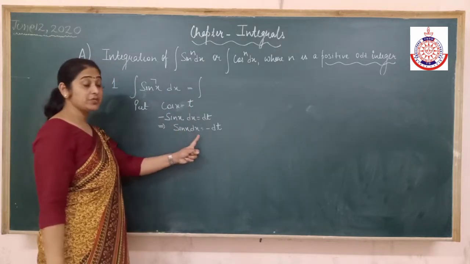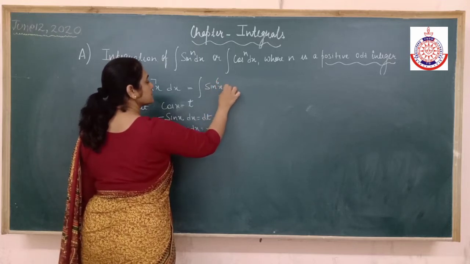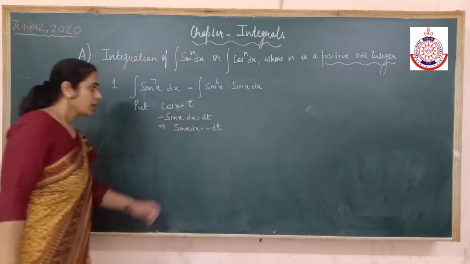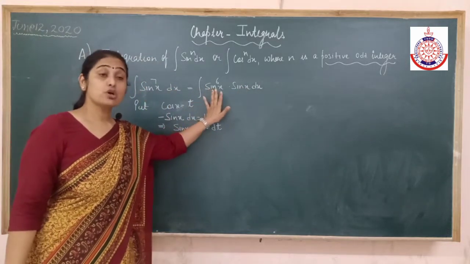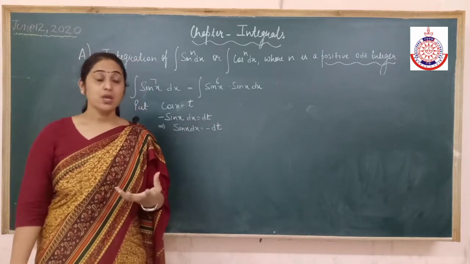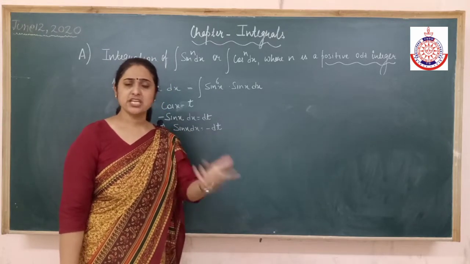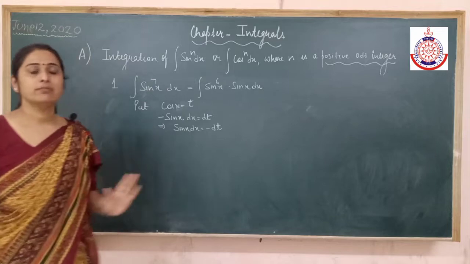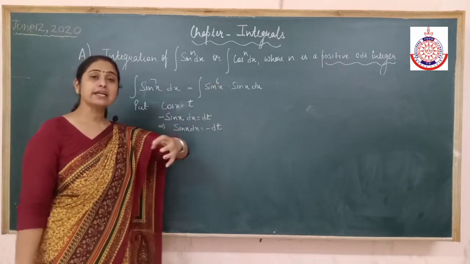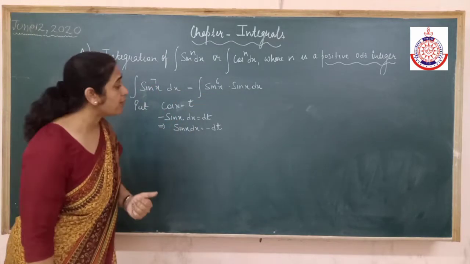One sine I need with dx. See children, this was the reason. If it has an odd power, I can always solve the even power. Because I have double-angle formulas, I have triple-angle formulas, where these even powers can be solved easily. 2, 4, 6, 8 I can solve. Odd is a problem. I don't have any formula for those. So our target is to convert that odd power into even so that I can apply some trigonometric formula there.